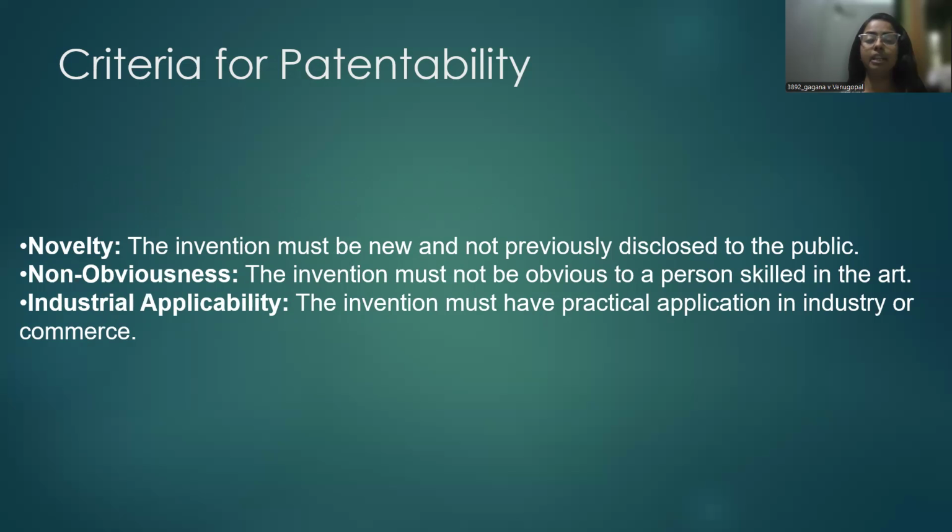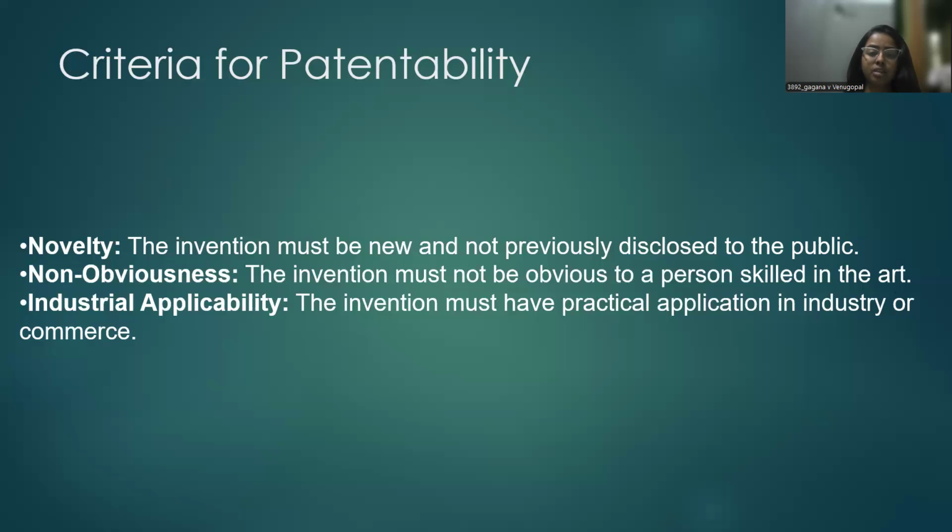The invention must be new and not previously disclosed to the public. That is, if somebody has already done this project, you cannot gain novelty over it. It would be checked whether somebody has already worked on this project and filed a patent. And it must not even be disclosed to the public, because if it is disclosed to the public, there are more chances that another person can gain control over it. Then comes the